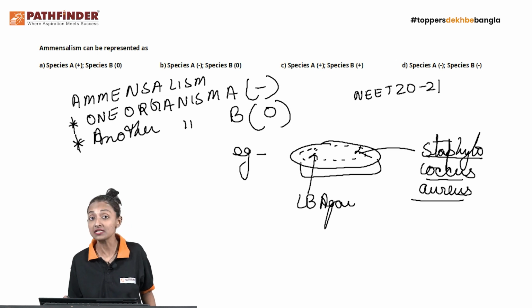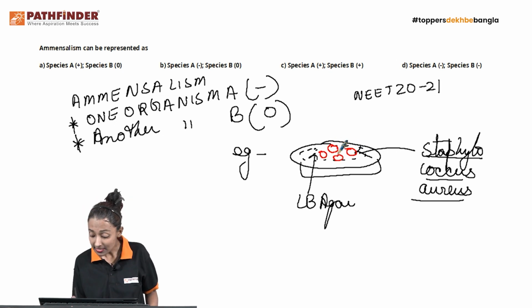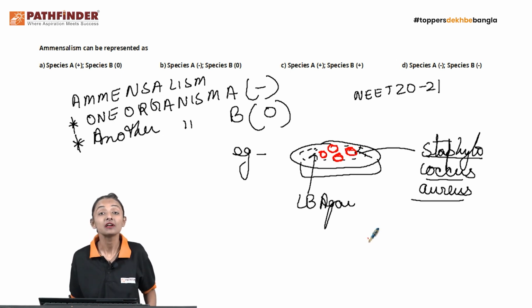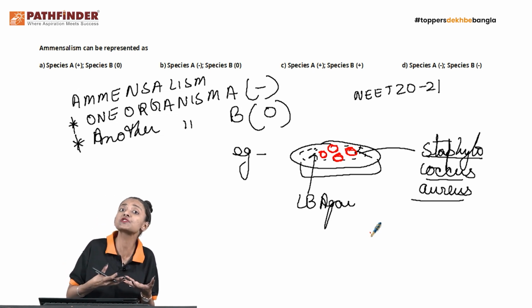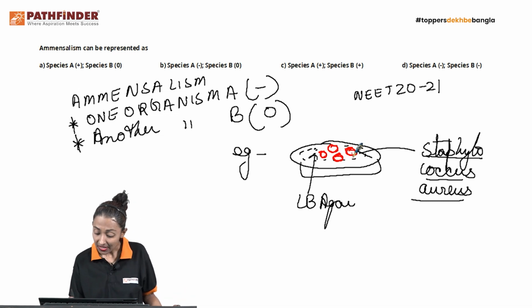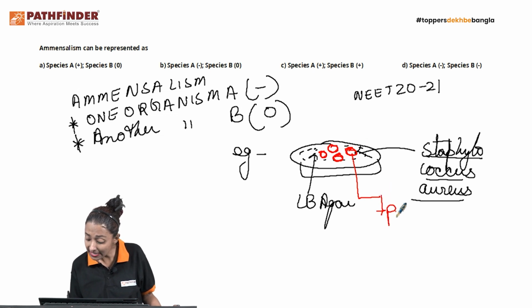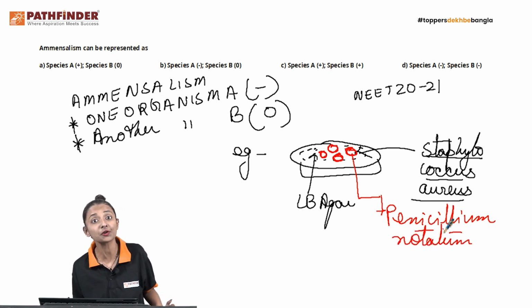at times there is a fungus that infects the same plate and you will find holes or punctures in the LB agar plate like this. Simple punctures in the plate. Now these punctures are results of fungus eating away some of the portions of the bacterial colony or the bacterial lawn. And why does that happen? Because the fungus Penicillium notatum, very important, Penicillium notatum, when it infects the LB agar plate where Staphylococcus aureus was growing,